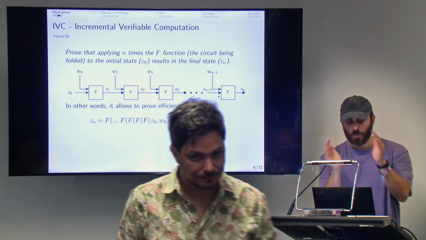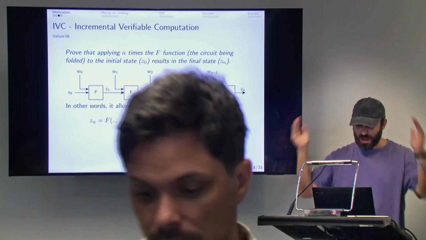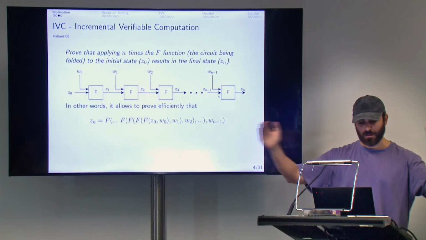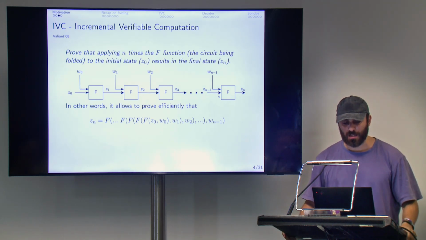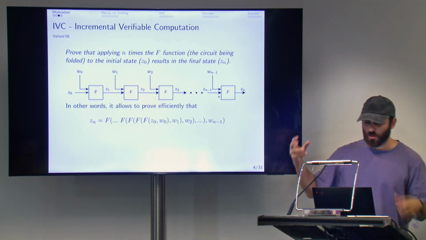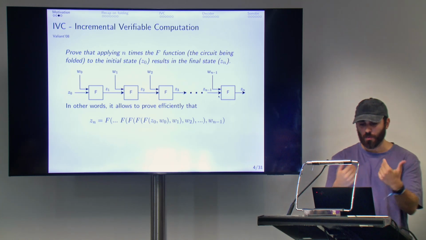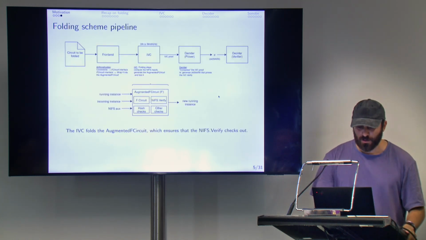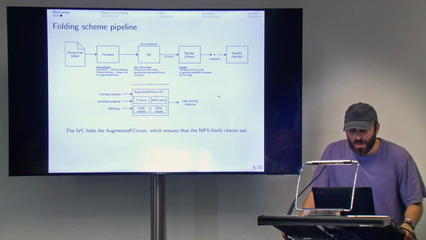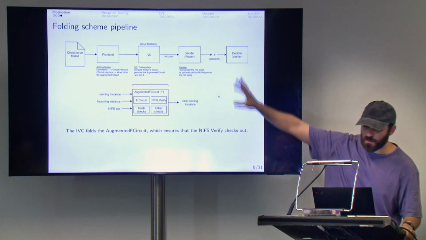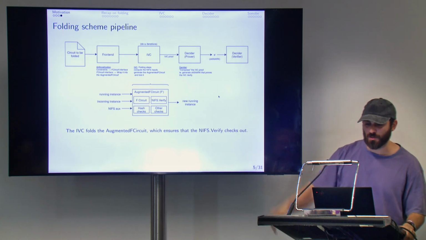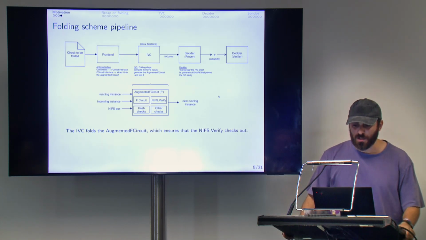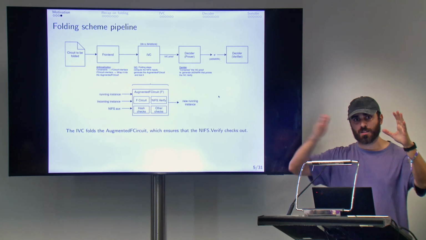And then to the output of this, you apply f again, and you apply f again, etc., until you have applied this n times, and then you obtain some state. And you put this together with some proof that proves that this relation holds after these n iterations, which could be this hash thing. Then this diagram will be appearing many times, well, three more times during the slides, just to have the context where we are at each moment